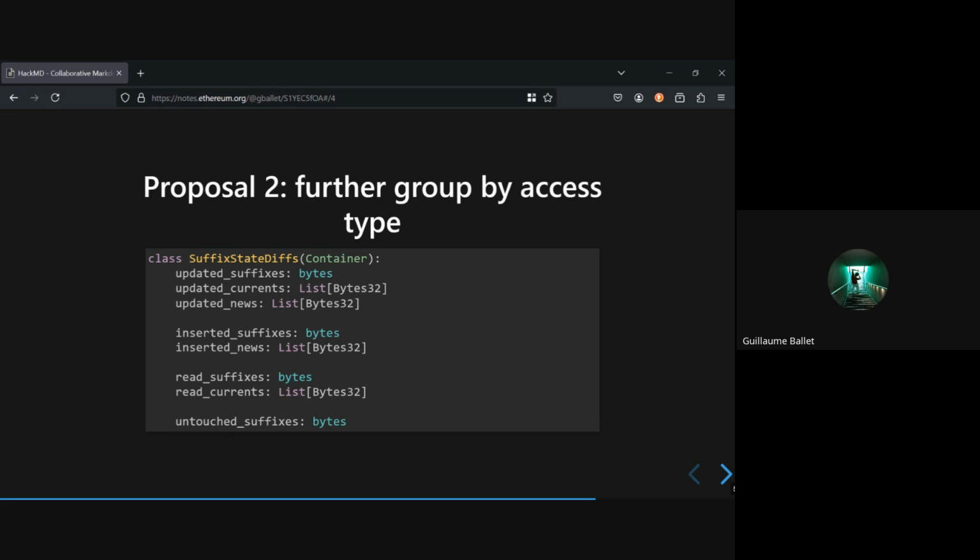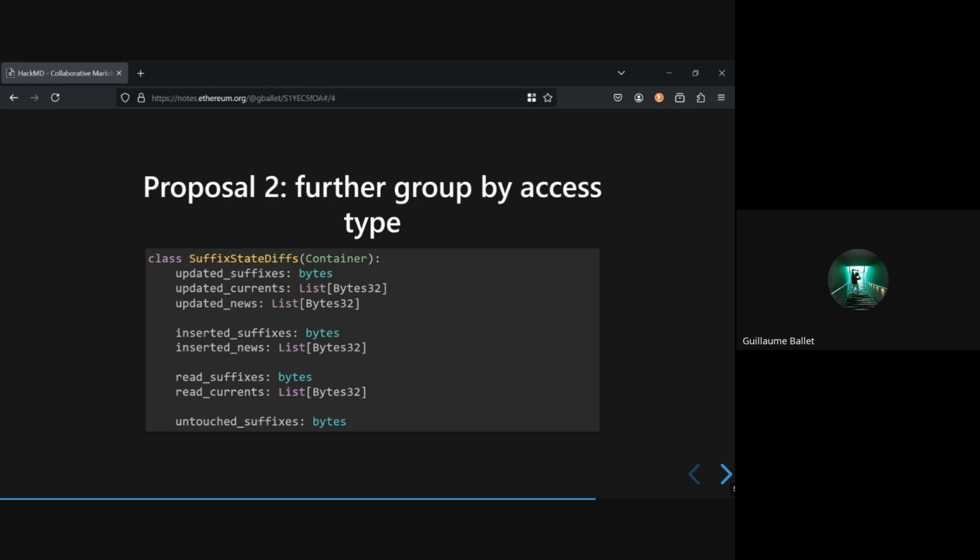Because you do not really store any nulls or any empty values, you should be able to amortize the list header quite quickly. And so I expect this to be even smaller, but I don't have the numbers for that yet. But yeah, just FYI, this is a new proposal.